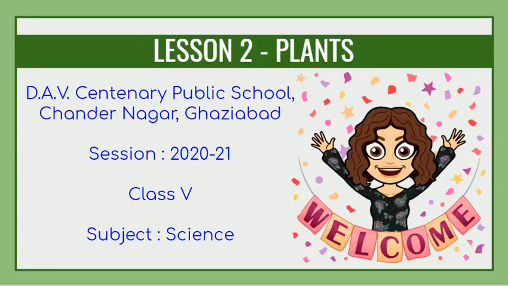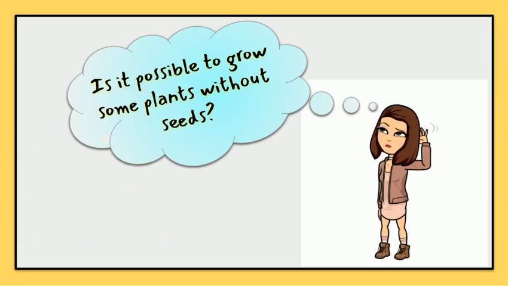So I welcome you to today's session in which we will talk about the second method of reproduction in plants, that is vegetative reproduction. So far we have learned about the meaning and importance of reproduction in plants. Also, we discussed the first method of reproduction in plants, that is through their seeds. These seeds are found inside the fruit.